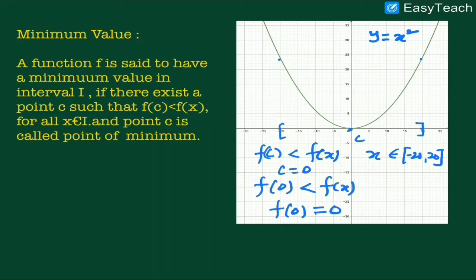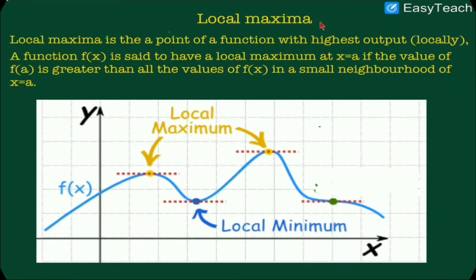We often come across the words local maxima and minima and absolute maxima and minima. Let us see the definition too. So the local maxima is a point of a function with highest output locally. A function f(x) is said to have a local maximum at x equals a if the value of f(a) is greater than all the values of f(x) in the small neighborhood of x equals a. Now suppose this point is a and this point is b,